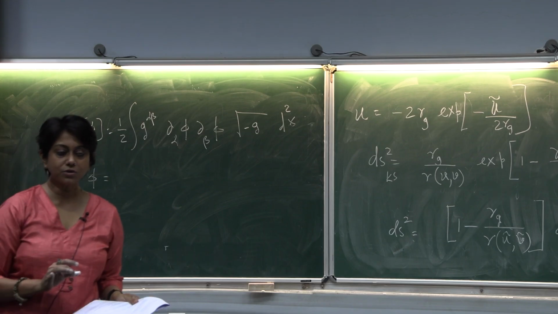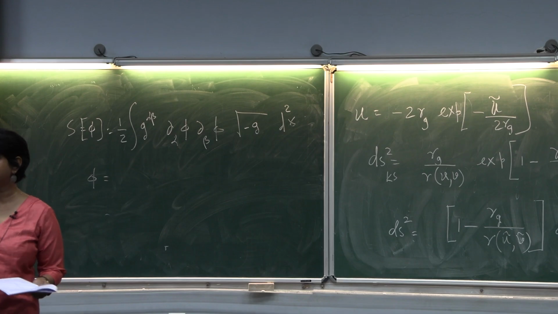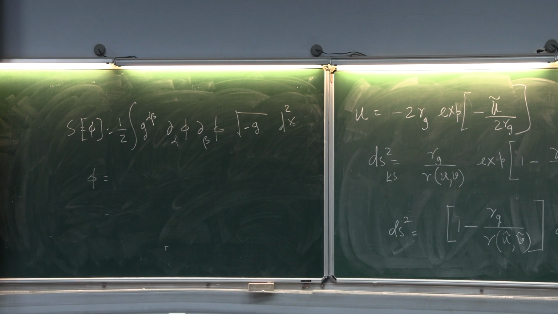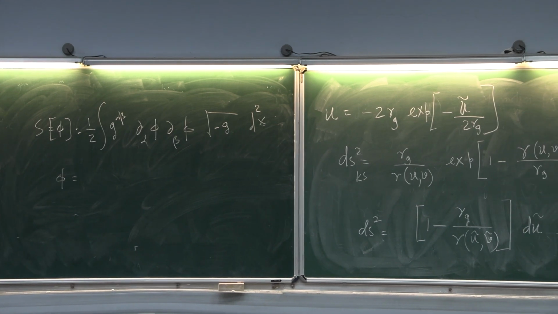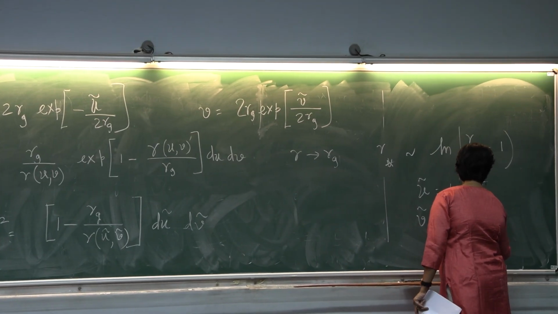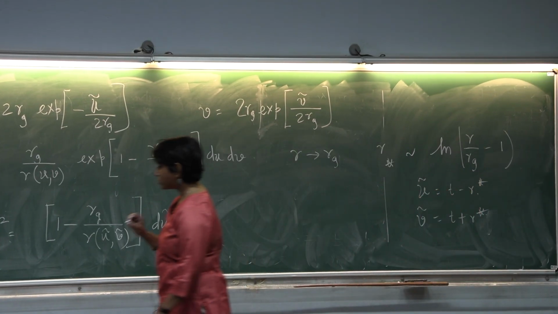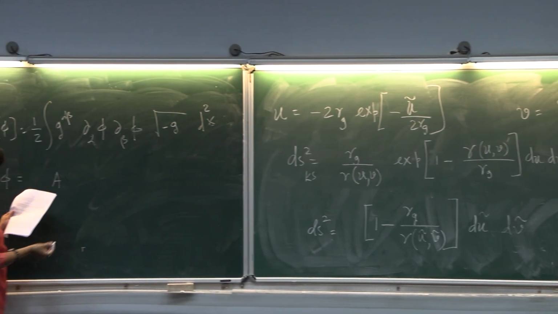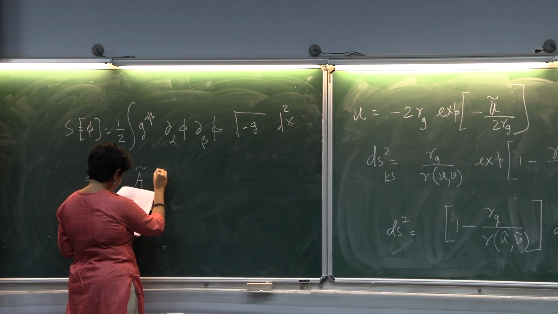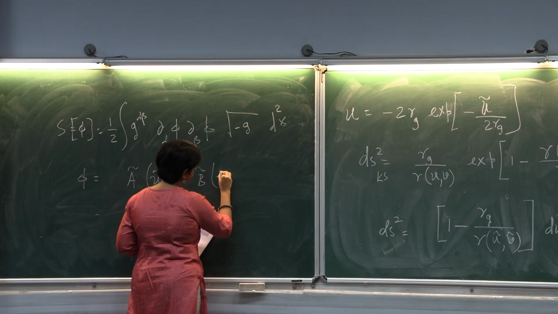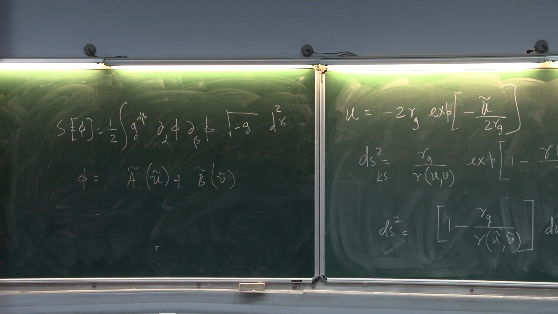The light cone coordinate using the tortoise coordinate was nothing but u tilde was t minus r star and v tilde is t plus r star. So if I want to write in terms of u tilde and v tilde, let's say I have field solutions such as phi some a tilde function of u tilde plus some b tilde function of v tilde. So this is of course using the